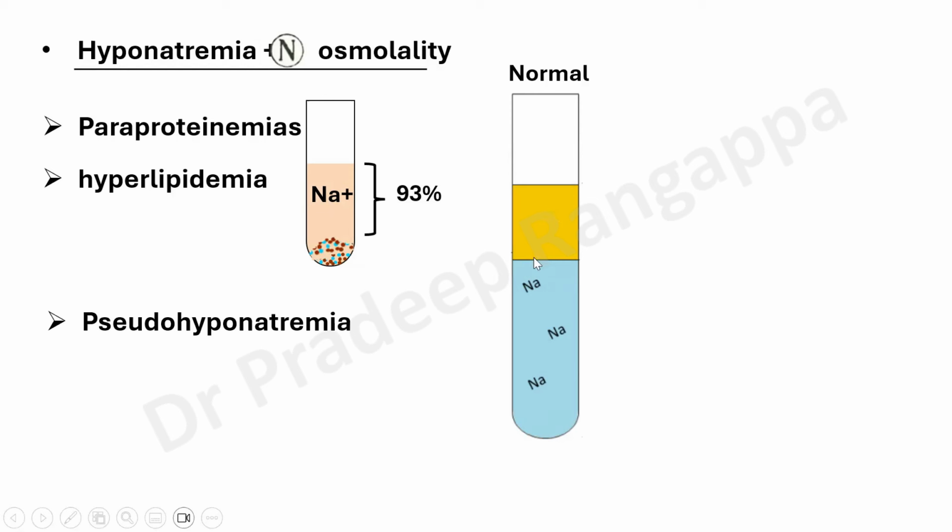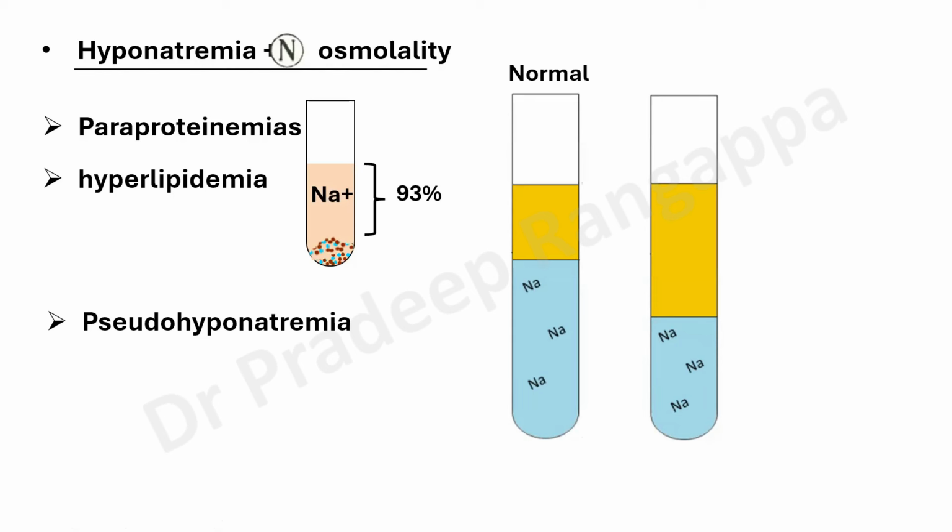And this is the lipid. You consider this as lipid and proteins. If lipids and proteins increase, your water content has come down, so your sodium is being reflected as low. That's why we call it pseudo hyponatremia, because actually it is not low. It's the aqueous portion that is reduced because of an increase in the sediments due to proteins and lipids, which is reflected as pseudo. So for all the trainees, hyponatremia due to normal osmolality has only two causes, which are